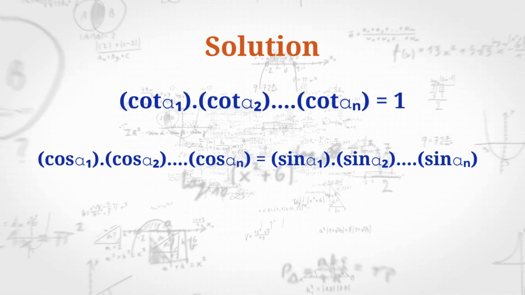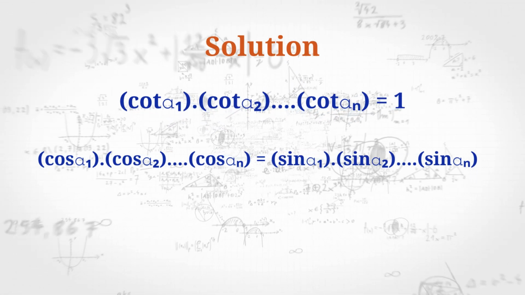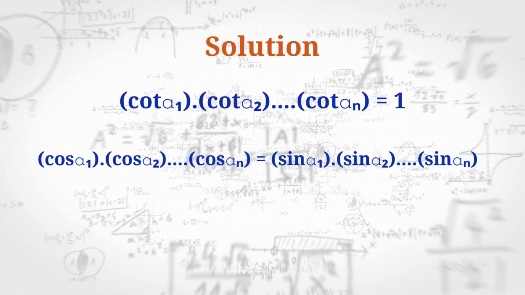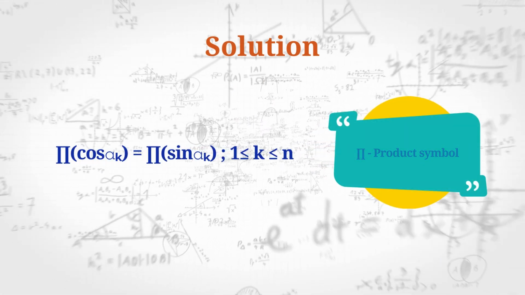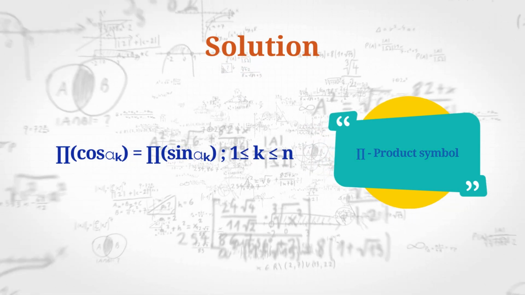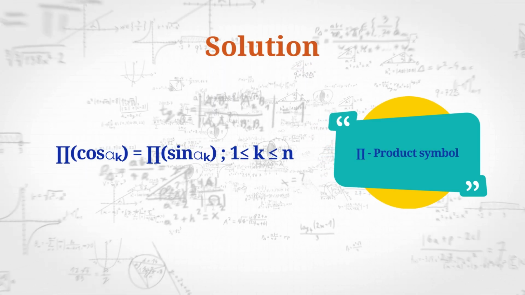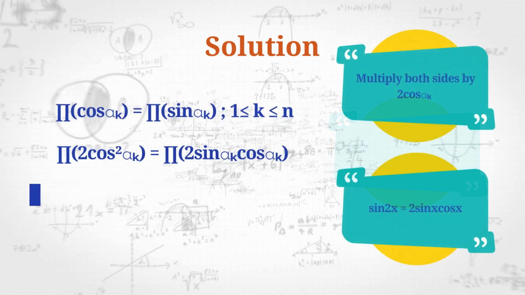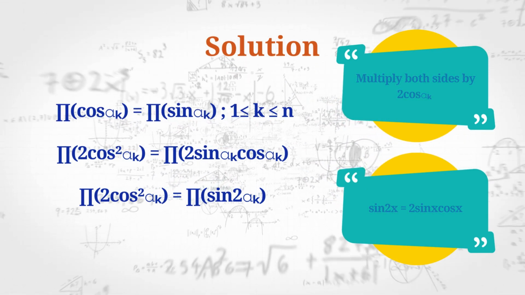so on up to cos alpha n equals sine alpha 1 times sine alpha 2 times and so on up to sine alpha n, which can also be written as product of all cos alpha k equals product of all sine alpha k, where k runs from 1 to n. Now we multiply both sides by 2 cos alpha k, and that simplifies the right hand side to product of